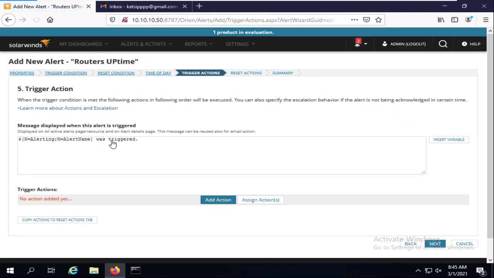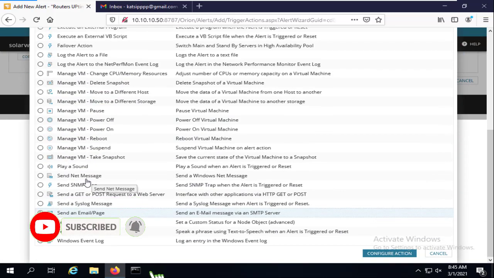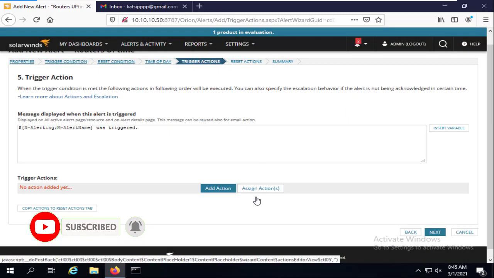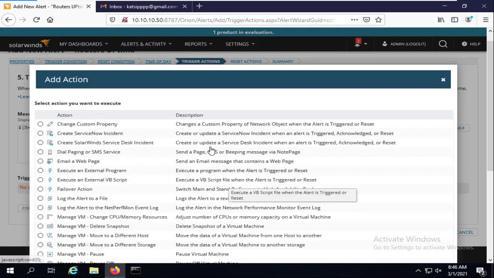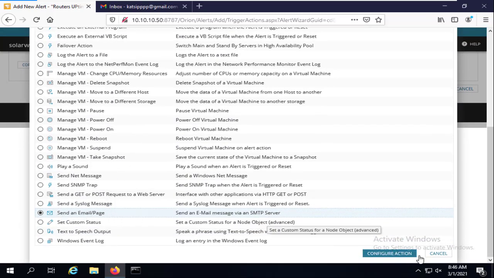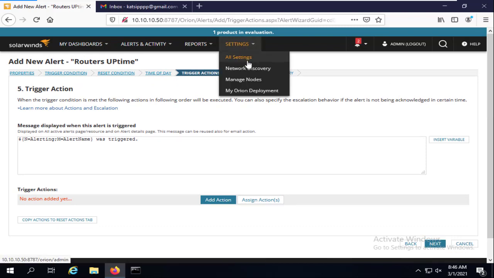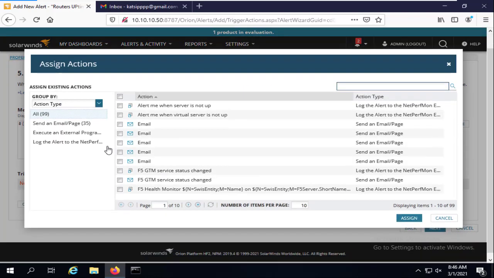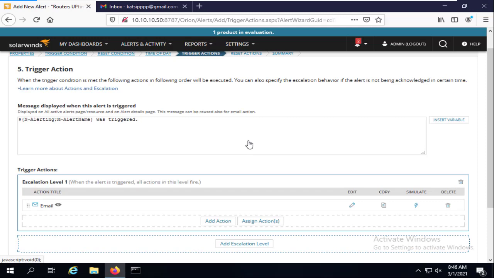And here it says the trigger action. Here, we're gonna say assign or add action. We can say add action here, specify the configuration, or here we can assign the action. So, what a difference. Obviously here, if I choose send an email, I should configure the email notification again, which we previously configured in an SMTP section. But here we can simply use send an email, assign, because it's already